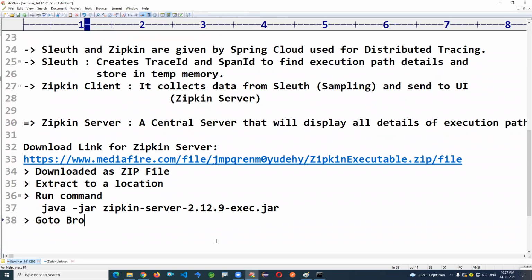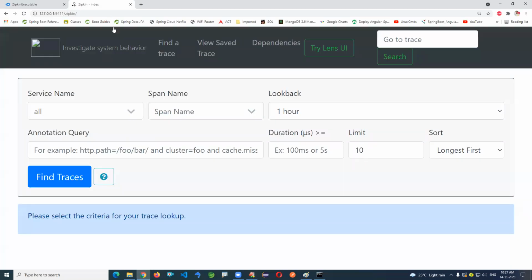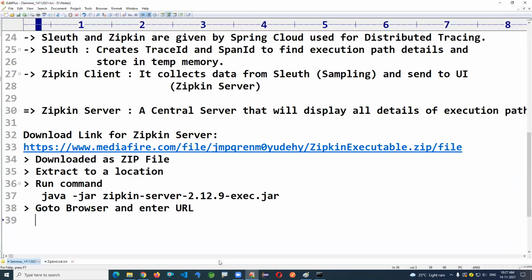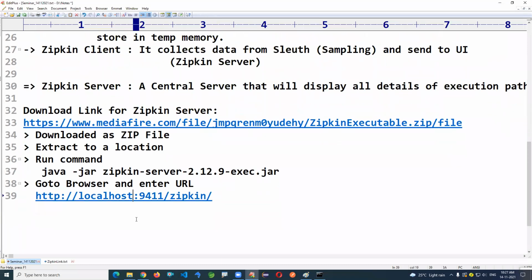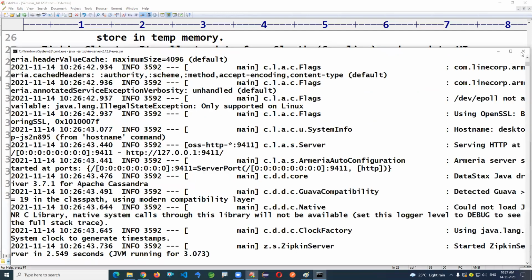Go to the browser and enter the URL. So here you can just type the URL like this. You can even take localhost. So this is the Zipkin server setup here. If you want to stop the process, just press Control C to stop the process here.